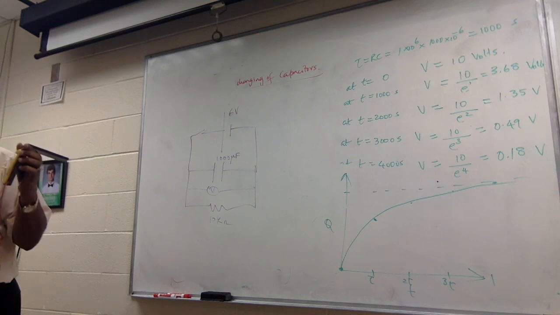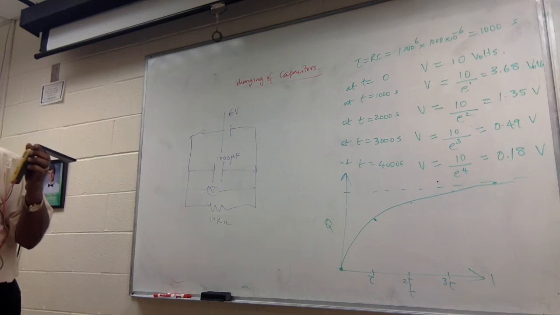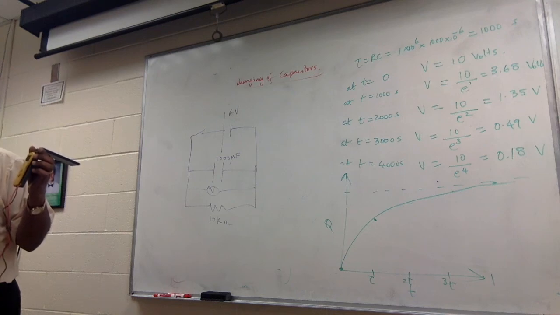Okay. Yeah, first of all, the voltage is not exactly 10, so that makes a difference. If it is 30 seconds, it should be 0.49, approximately 0.5, yes. Was it 30 seconds? Yeah. And after 40 seconds, it should become 0.18, which is almost